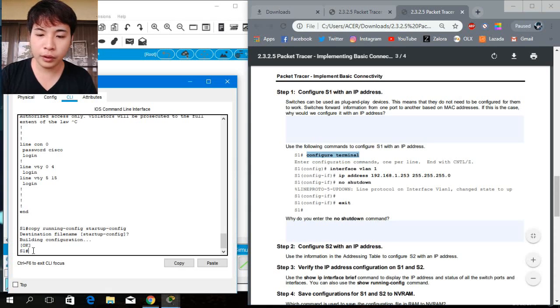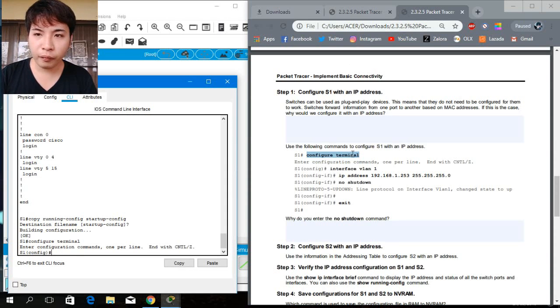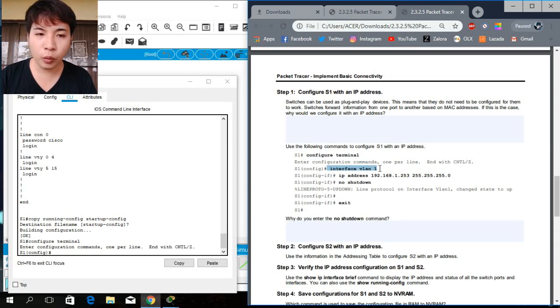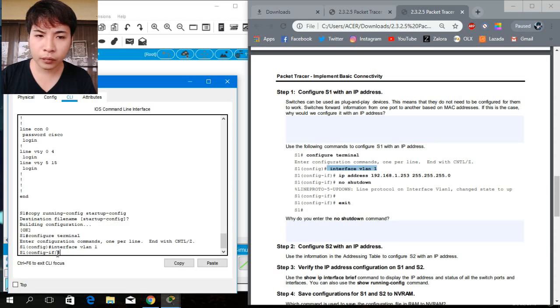So configure terminal, then interface VLAN 1, interface VLAN 1, then the IP address,